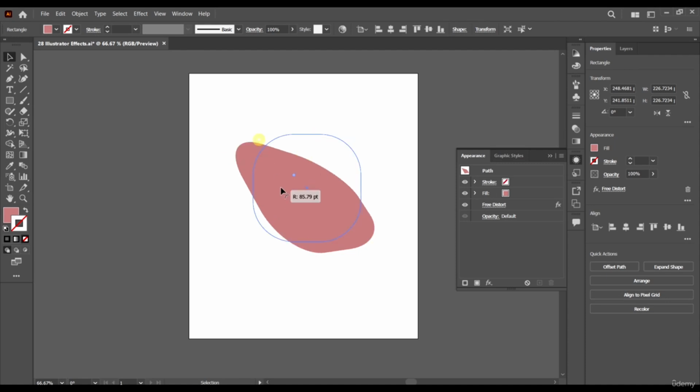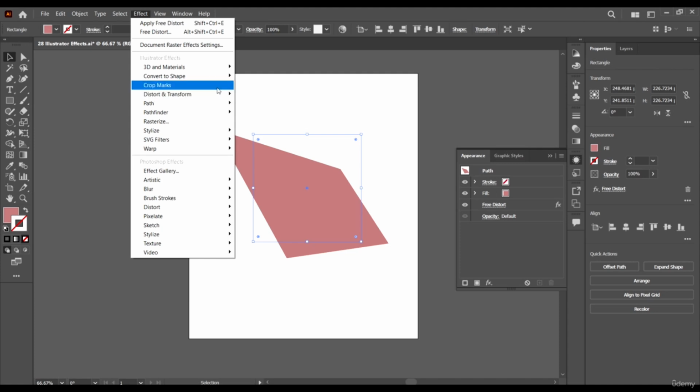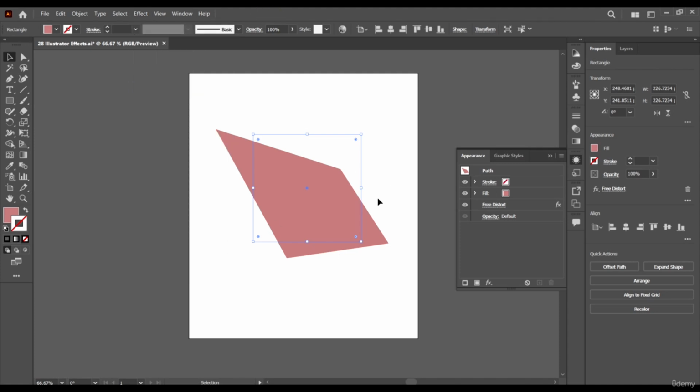So that's just the way this effect works, and you can edit the angles or the edges like this and do a whole lot of things. But basically this is just a simple effect and this is how it works. Nothing special, nothing much. I rarely use this effect, but this is how it works.